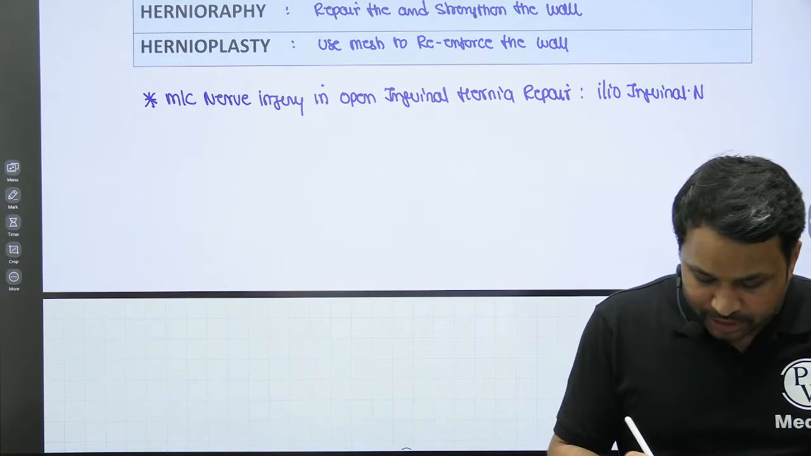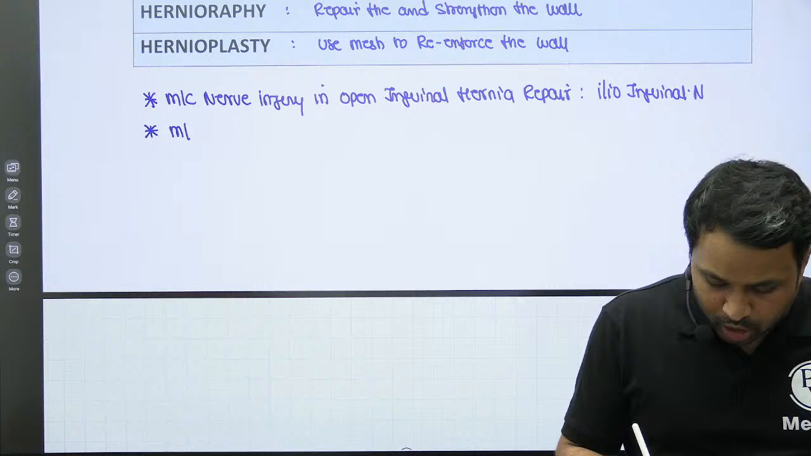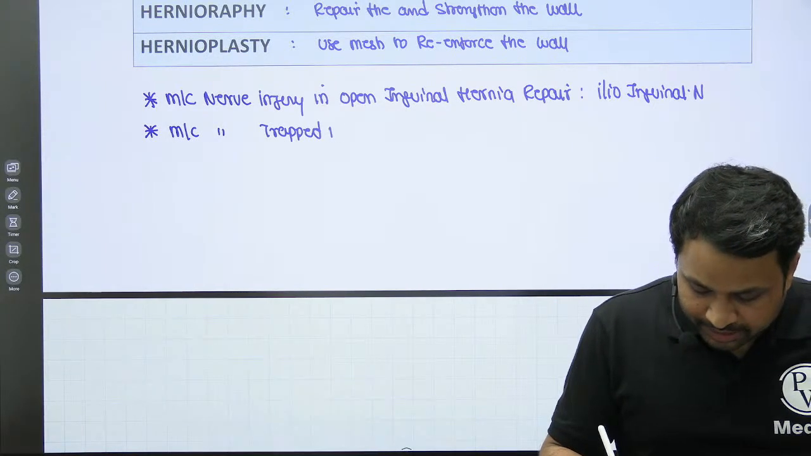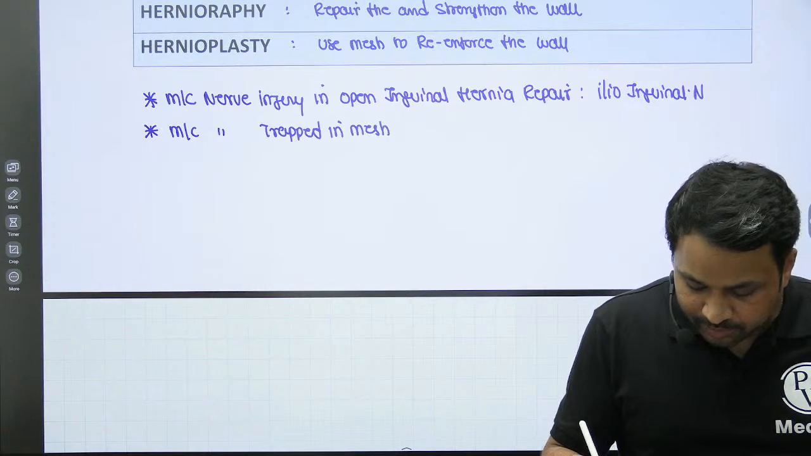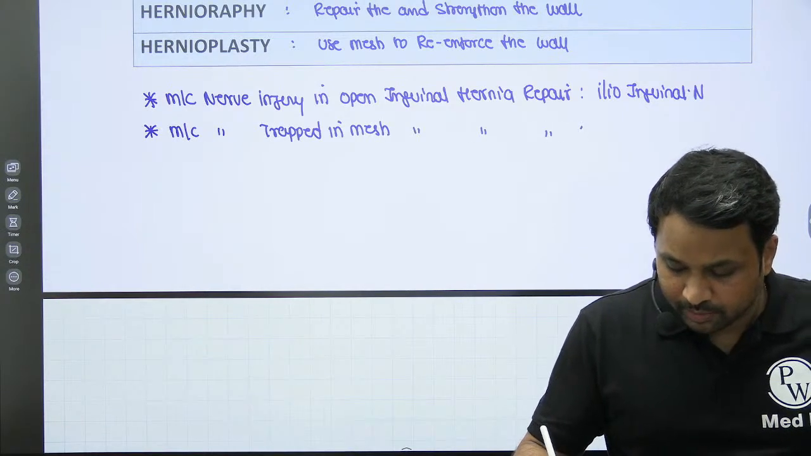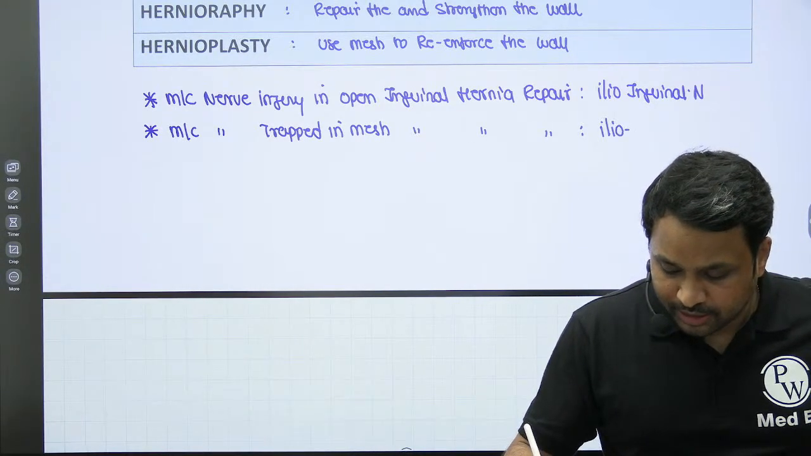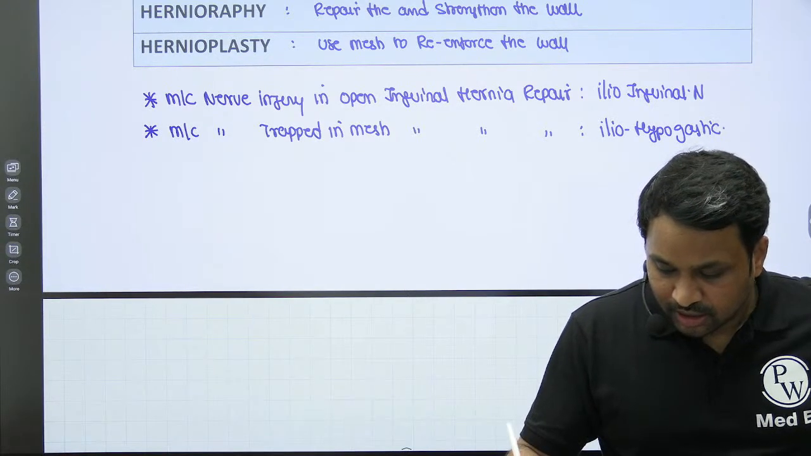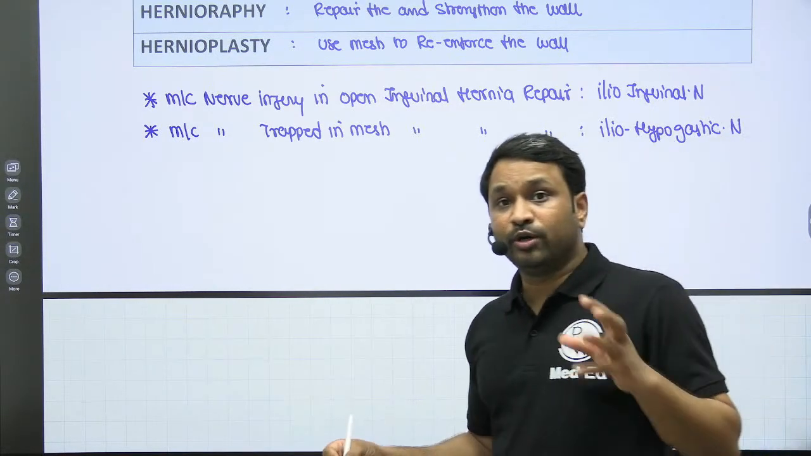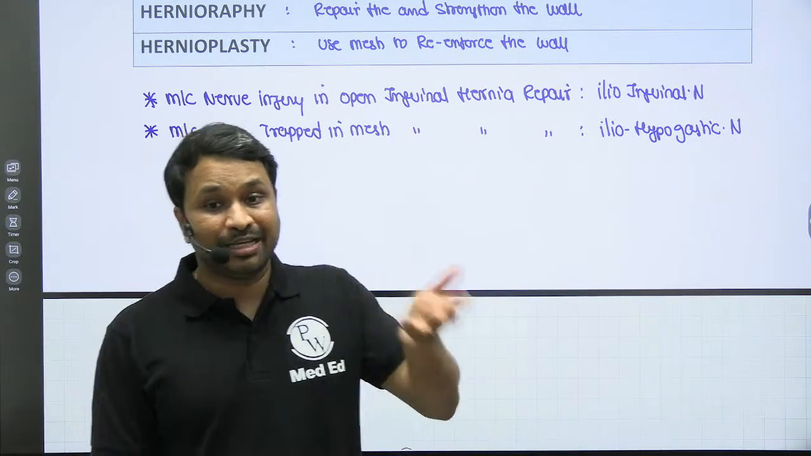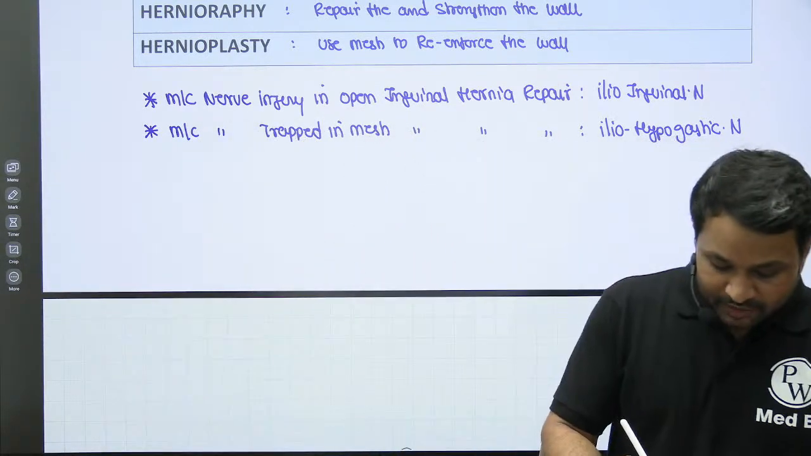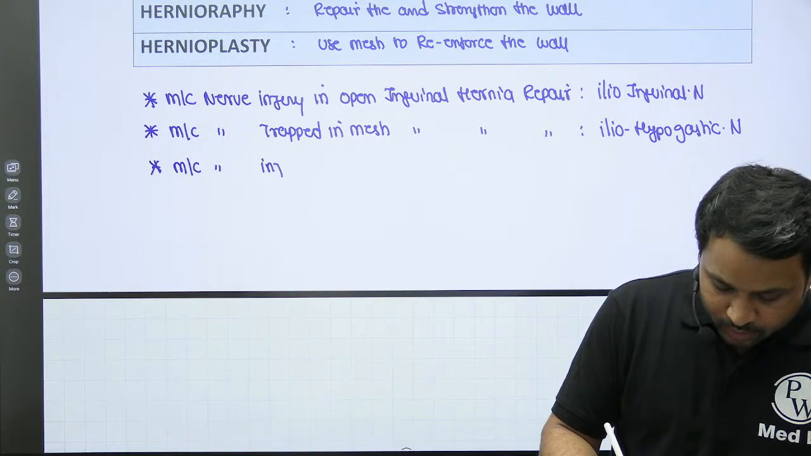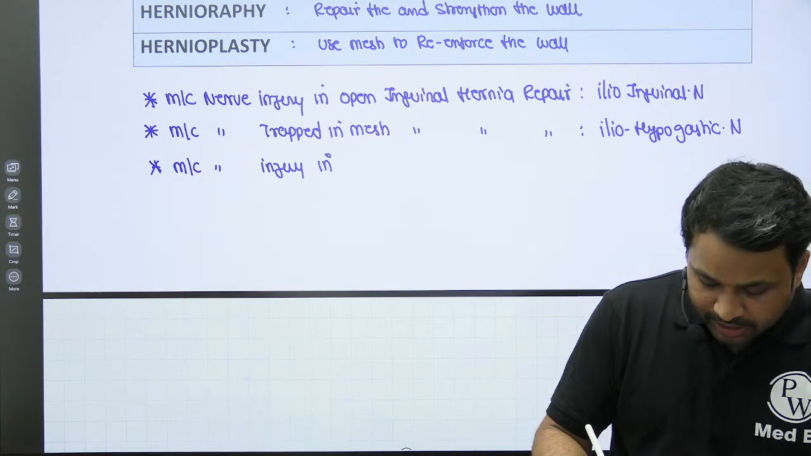If I change the question, what is the most common nerve trapped in mesh in a patient who has undergone an open inguinal hernia repair? It is going to be the iliohypogastric nerve. Now this iliohypogastric nerve, when it gets trapped, will cause chronic inguinal pain called inguinodynia, ठीक है।